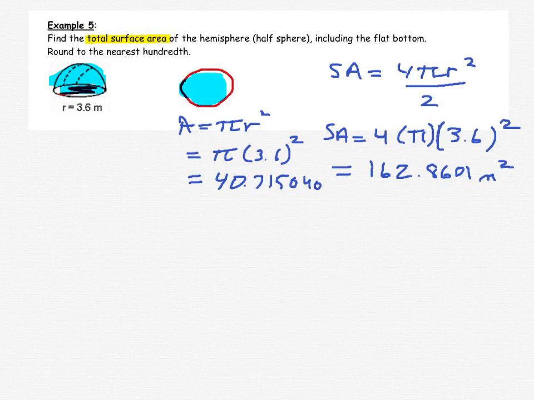I noticed a mistake that I made. I forgot to divide my surface area by 2 because it's only half of a sphere. It's a hemisphere. So I'm going to go back and edit that, and I'm going to take the 162 and divide it by 2. So 81.4300 is pretty accurate. And I'm going to add that number, which is the hemisphere side, the outside of the rounded edge, plus the circle on the bottom. And we're going to add them together, and we will get,